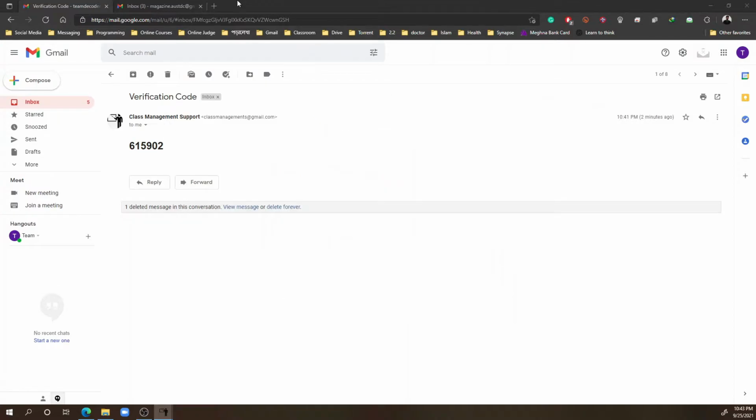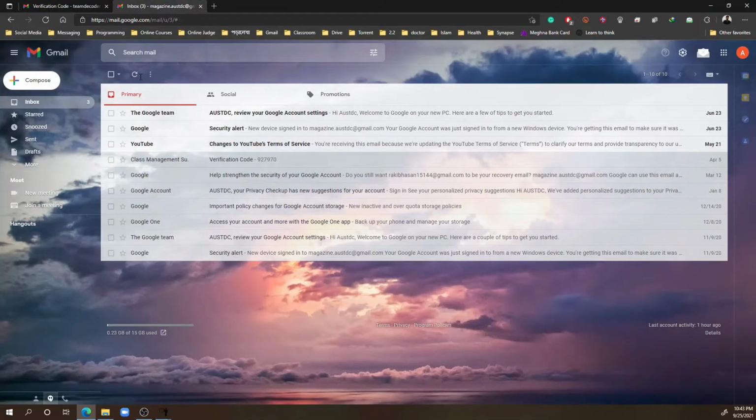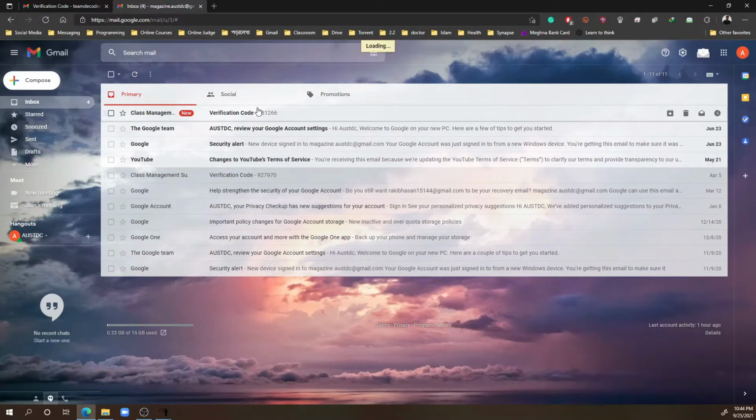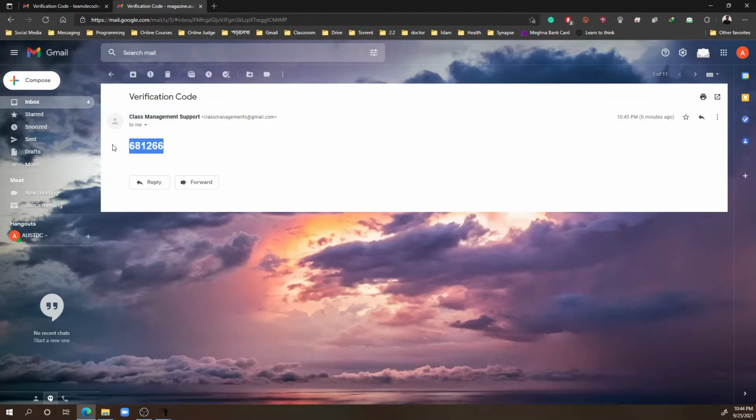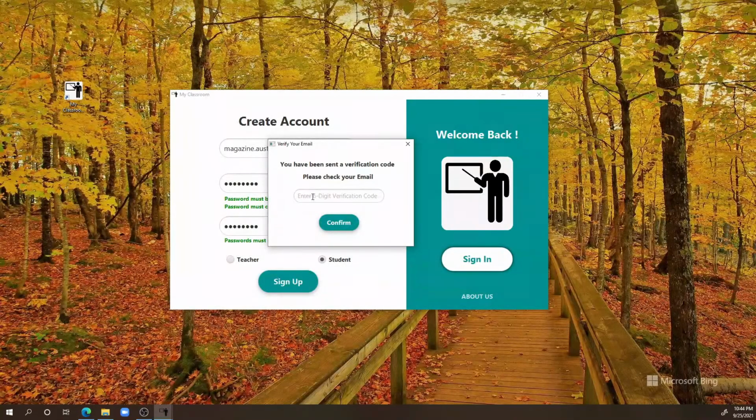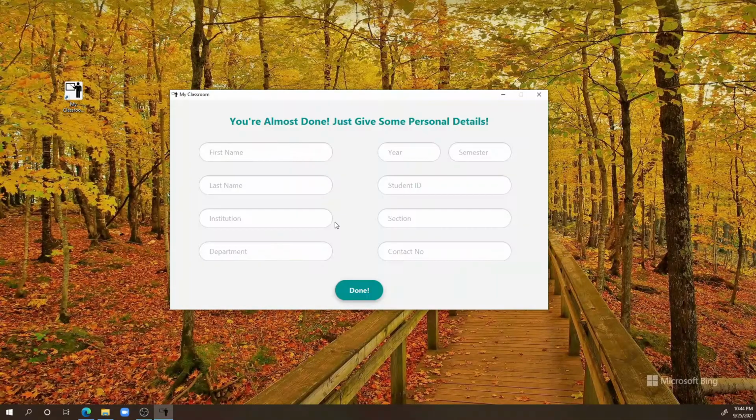Okay, again a verification email is sent to my mail, and let's check my mail. Yes, copy this code and verify my email. Okay, my email is now verified.